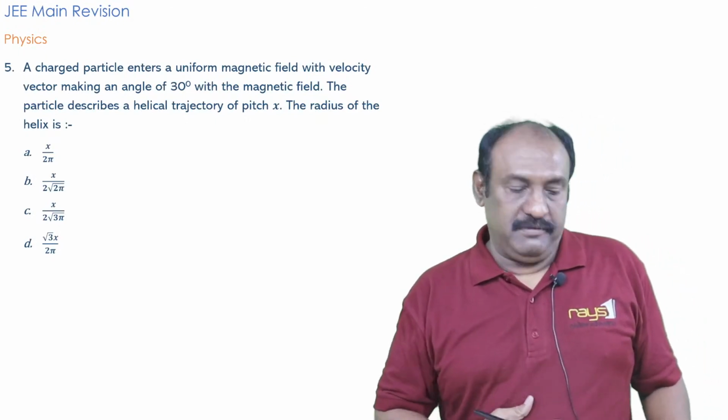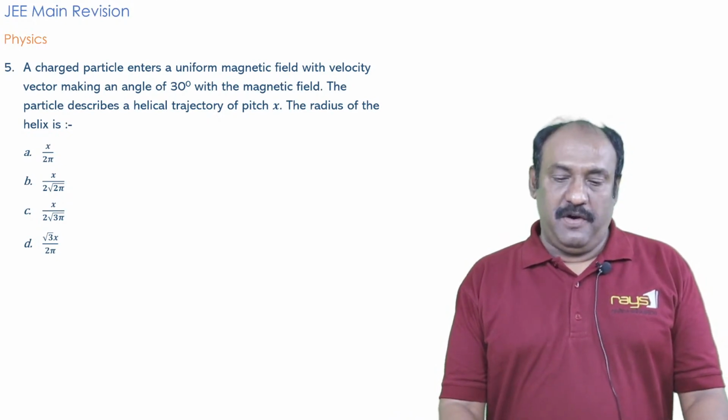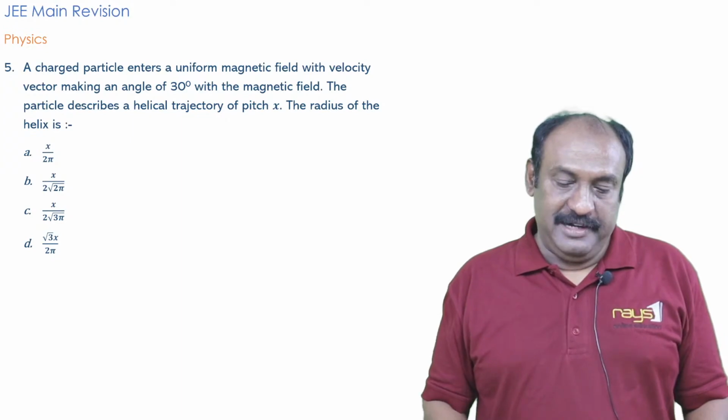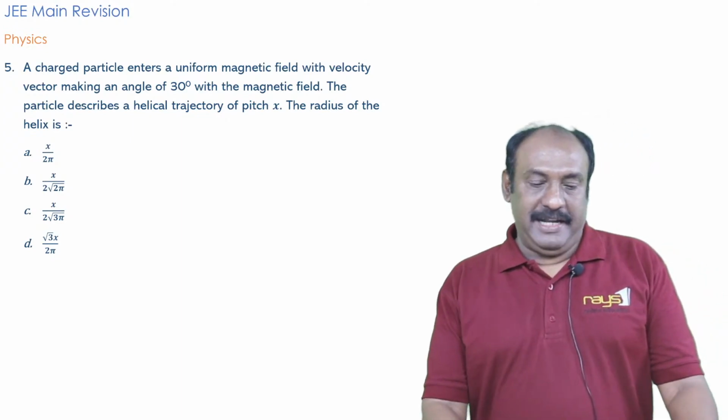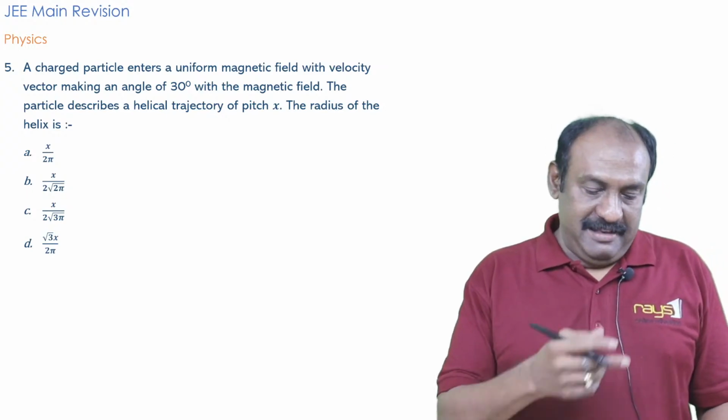Question number 5. A charged particle enters a uniform magnetic field with the velocity vector making an angle of 30 degrees with the magnetic field. The particle describes a helical trajectory of pitch x. Then the radius of the helix is